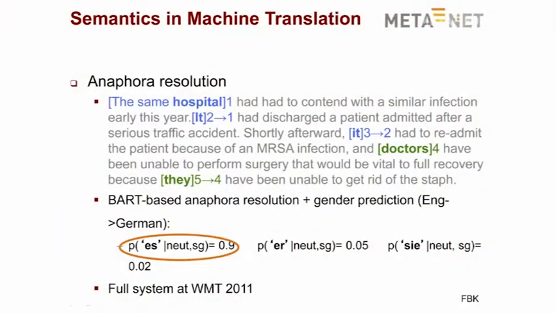So the first example of adding semantic elements into translation is to do anaphora resolution. And the reason is that, for example, in German and many other languages, and of course all the Slavonic languages as well, if you want to use pronouns, you have to know often the gender, but sometimes you also have to know number and sometimes even more information to translate this correctly, because in English, if you say "it", it could be translated in many different ways. So one of the things which can help is to actually resolve what the pronoun is referring to, and then use the information from the referent in resolving the ambiguity.